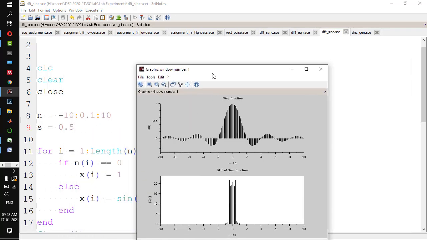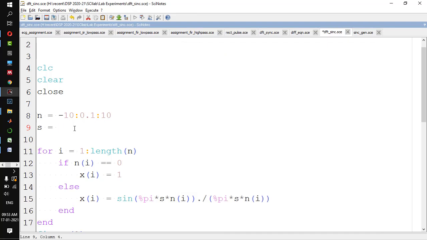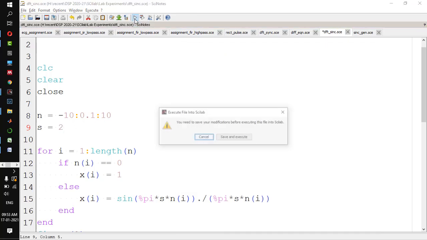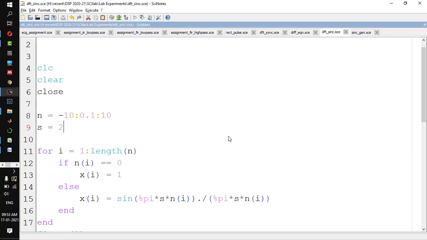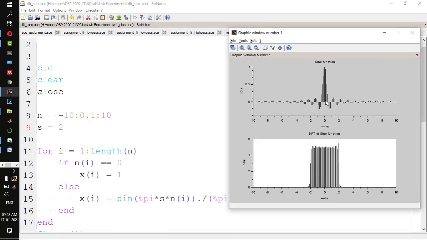If the width of the sinc function in time domain increases, the width of the rectangular pulse in frequency domain will decrease, and this is the same for width lesser. So if the width of the sinc function decreases, the width of the rectangular pulse will